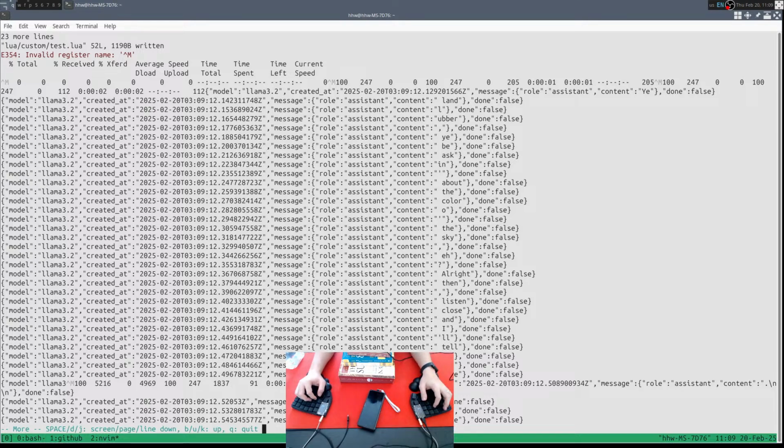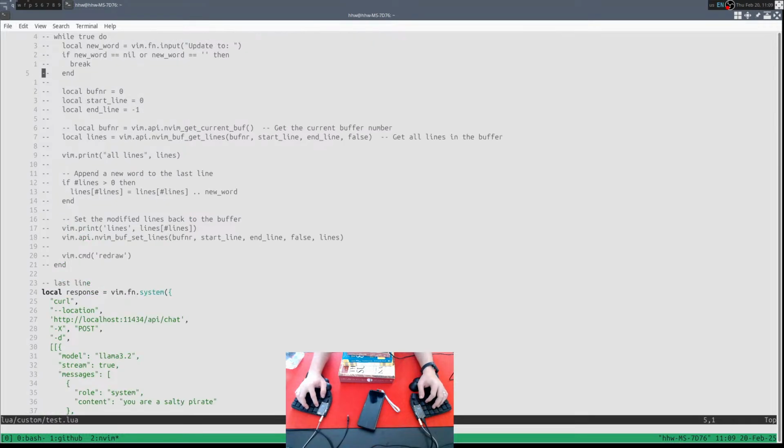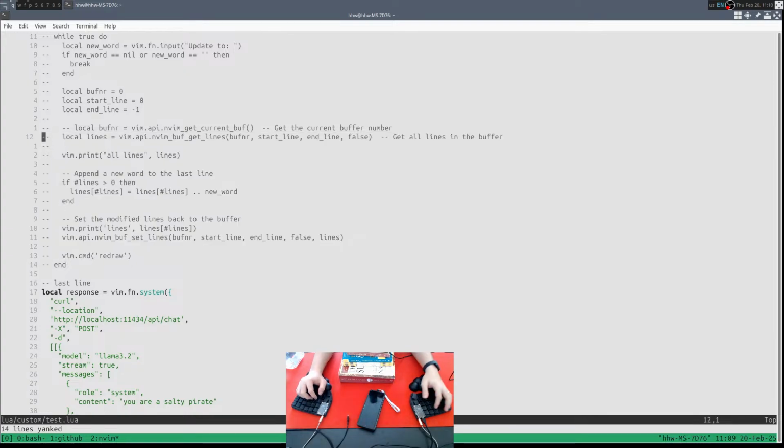And then we're adding it to the buffer. So let's just say this is each response. So what we're saying is, in the current buffer, we're adding all those, right? Yeah, so let's see. Let's take all this code